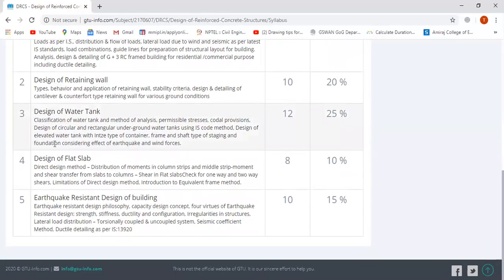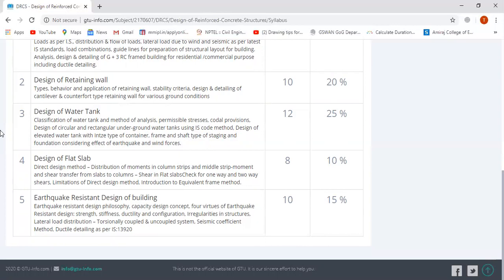Next module is about flat slab. We already learned slab, but the flat slab is totally different from the normal slab. When the thickness of slab is greater than 200 mm, it's called flat slab, because at that stage we can't design a slab as a normal slab but design the slab as a beam, like a whole beam continuously slabbed. So it's called flat slab.